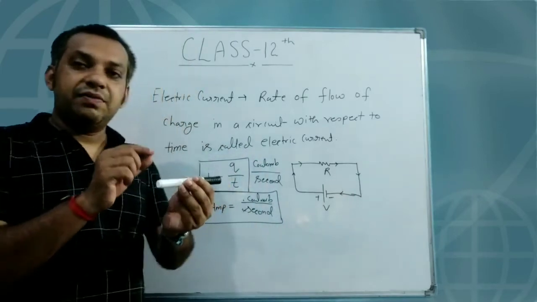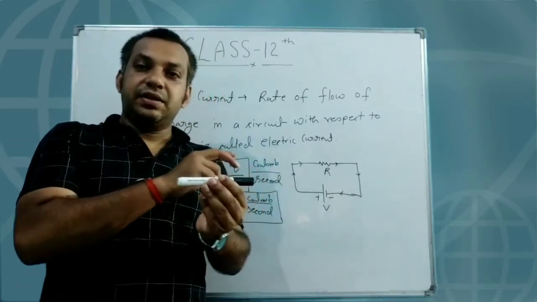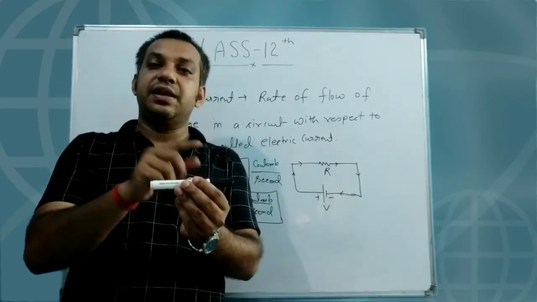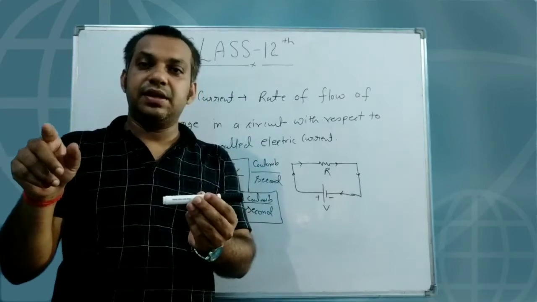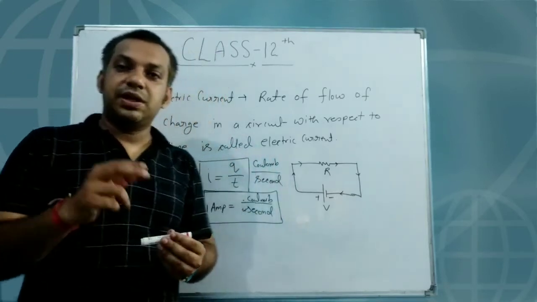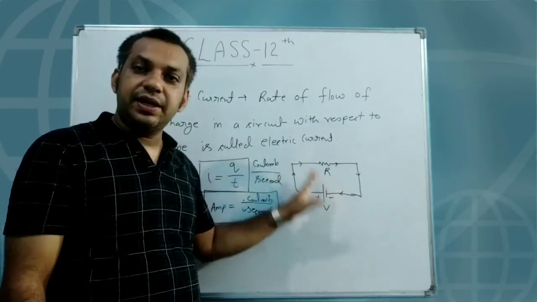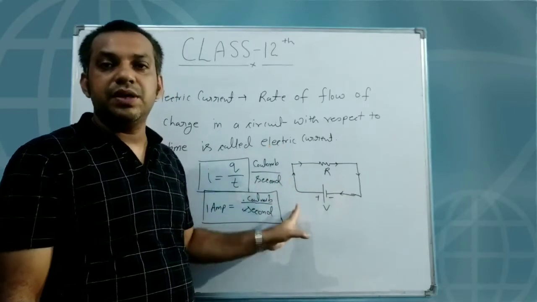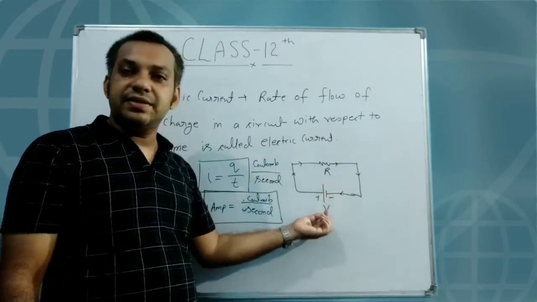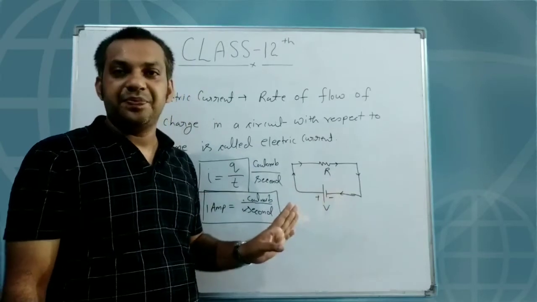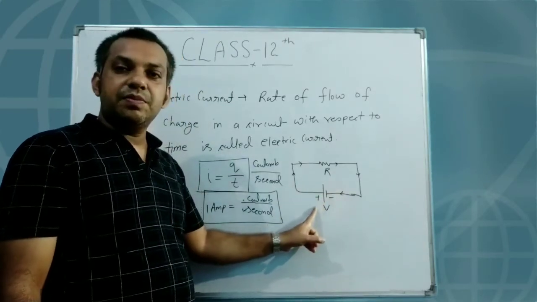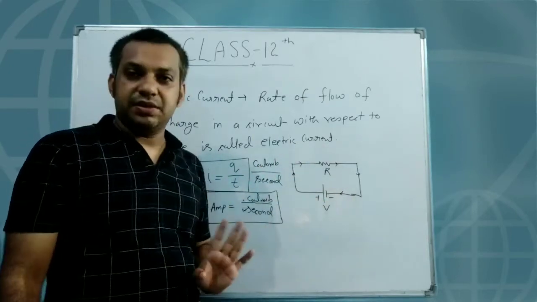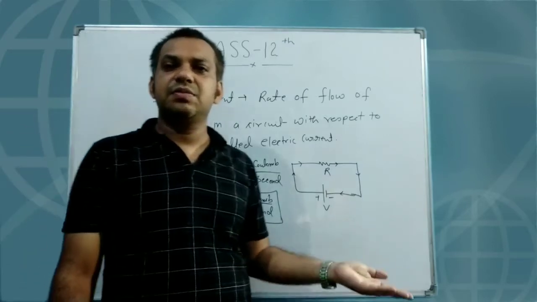If we were representing this direction for a vector quantity, we would have to write that the positive charge is moving in the north direction or the east direction. Generally we write a vector quantity like that, but here we are not writing like this, only indicating this arrow sign. The arrow sign is only for the indication of the movement of the positive charge. Also, to clarify, this is the positive terminal of the cell, this is the negative terminal of the cell, and the positive charge is moving from the positive plate of the cell to the negative plate, which is basically called the conventional movement of the current.